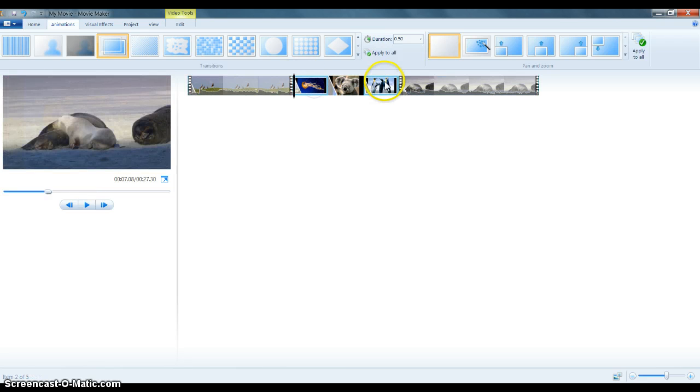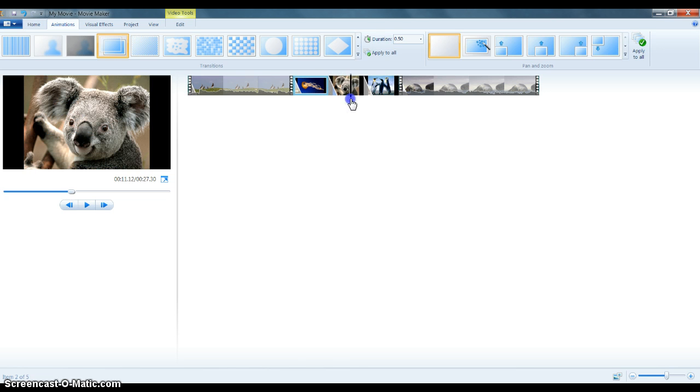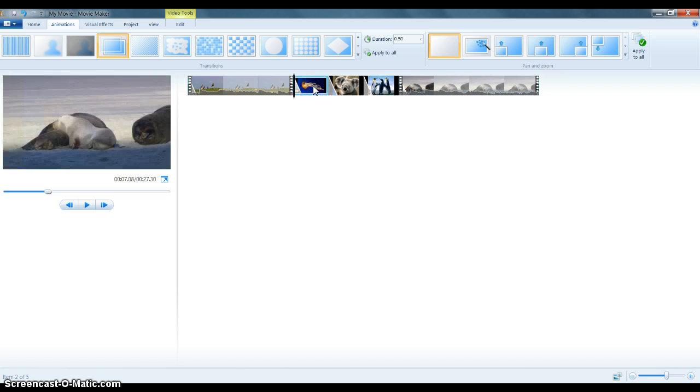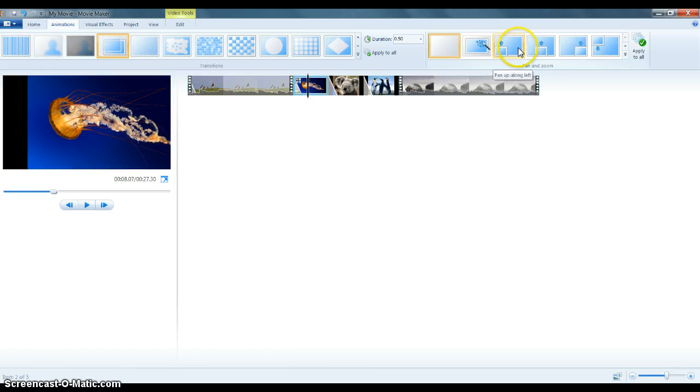Let's say I wanted, you know, I don't like how it's just a static, free focus on the photo. I wish the camera would move a little bit, and we can do that with Movie Maker. So I select my photo. I'm going to go to the pan and zoom section of the animation toolbar,